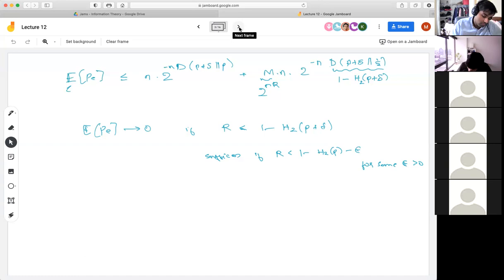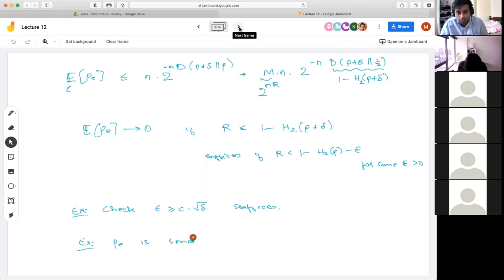So as an exercise, if you compute what it means in terms of n, it roughly comes out that not only does the probability of error go to 0, the probability of error is small for n which is significantly bigger than some polynomial in 1 over epsilon, in particular 1 over epsilon squared. So